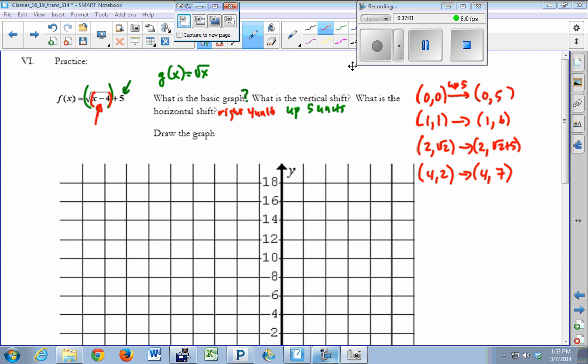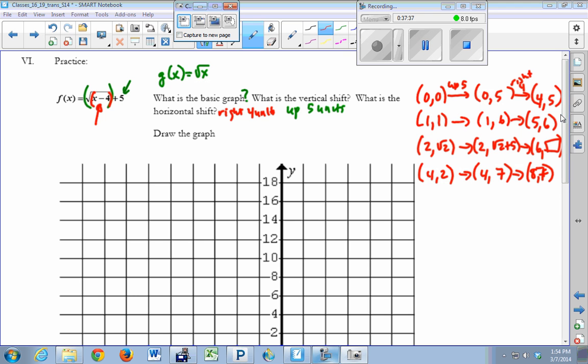And it says I'm going to move to the right 4. So that means all of my x values are going to also increase here by 4 units. So I'm going to have 4 here. Now my 5 stays the same. I'm going to have 5 here. I'm going to have 6 here. I can't fit the square root of 2 plus 5 in there. And I'm going to have 8, 7 here. Okay, so those are now my new points if I perform both of these transformations.